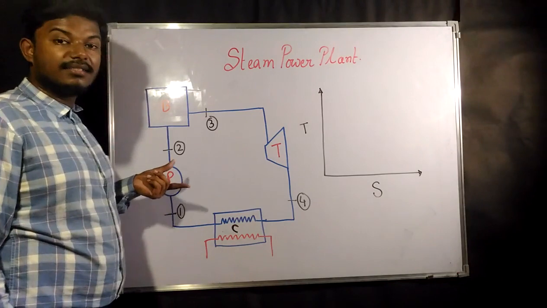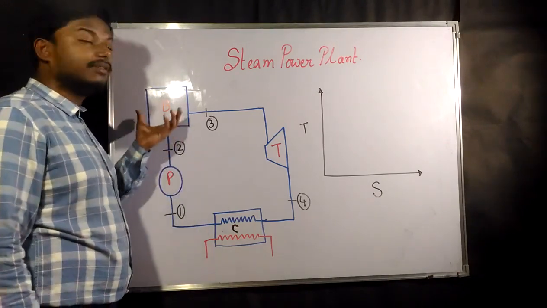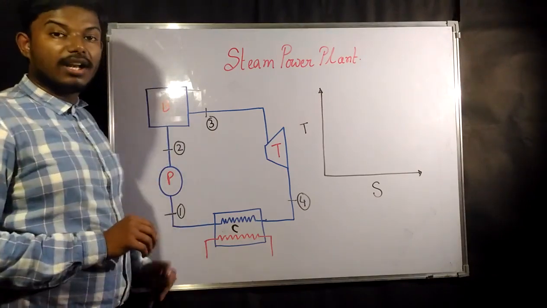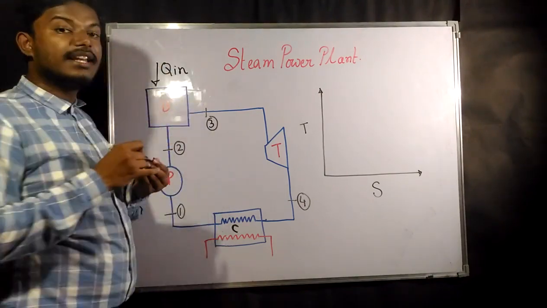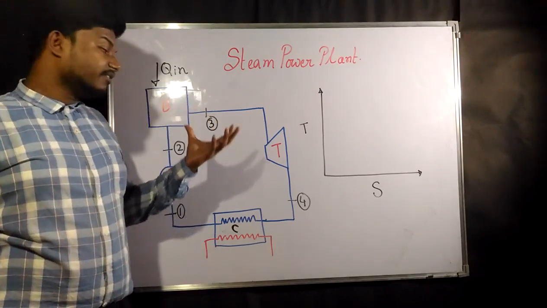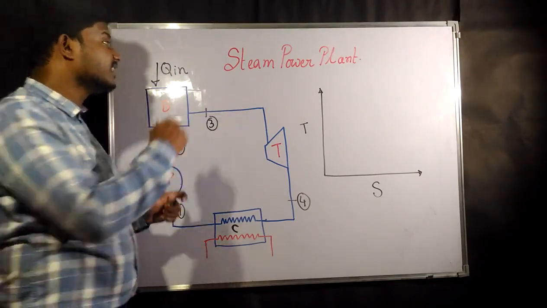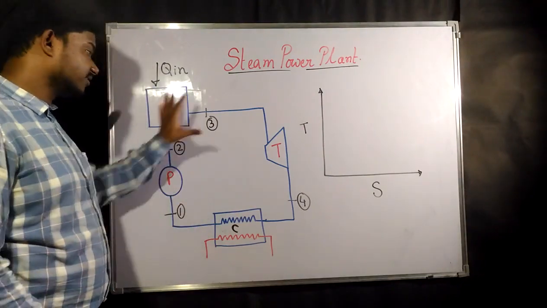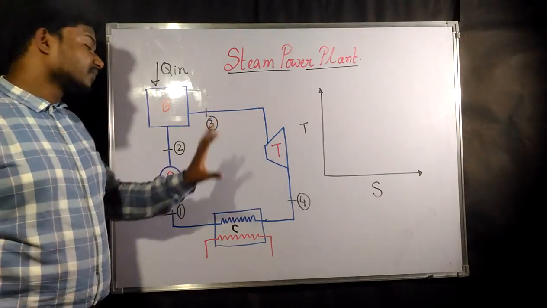Now the pump, what does it do? It collects the working fluid and gives it to the boiler. In the boiler, what happens? In the boiler we give heat addition, and after this heat addition, the water substance that has been transferred to the boiler, that means the working fluid, since we are saying it is a steam power plant, only H2O is going to be there, but in different parts of the system the H2O is going to have different phases.